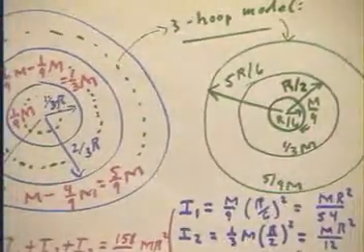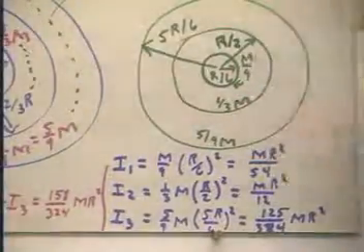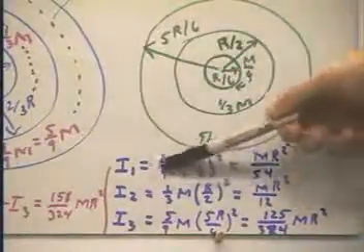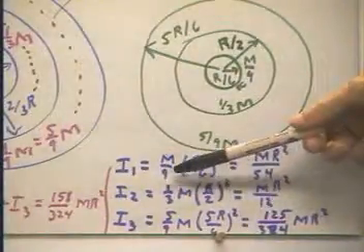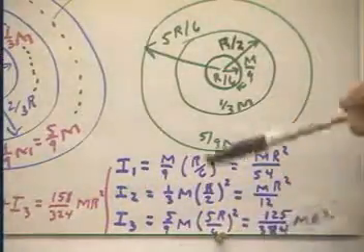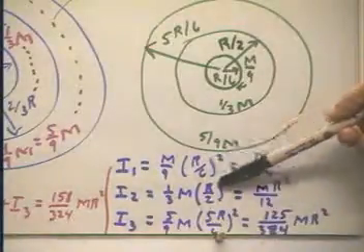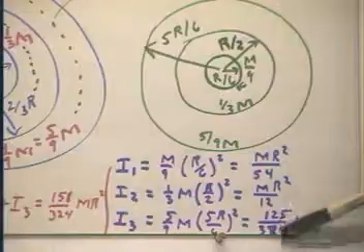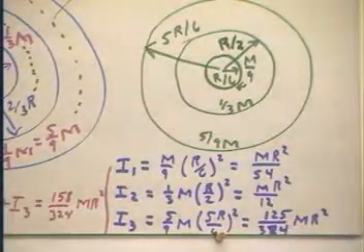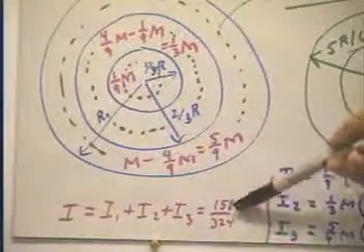Then we can use the three-hoop model and simply add up our moments of inertia. The moment of inertia for each is its mass times the square of its radius. So we have the masses m over 9, 1/3 m, and 5/9 m. Of course, these do add up to the total mass. And the radii r over 6, r over 2, and 5r over 6, each squared. We do the arithmetic and we end up with these fractions. We put them all over the common denominator, 324. We add them up, and we get a total moment of inertia of 158